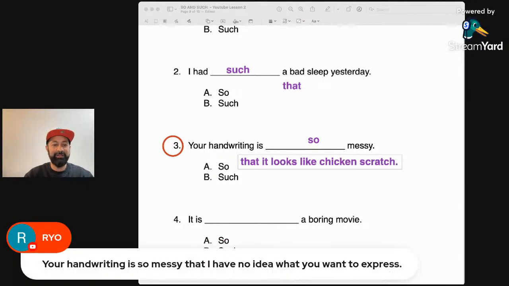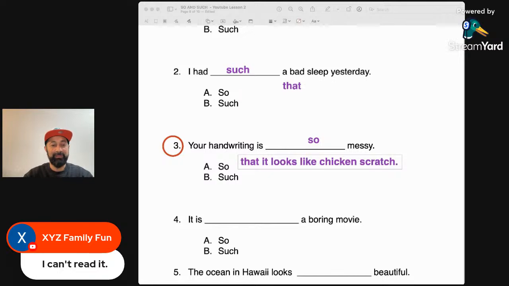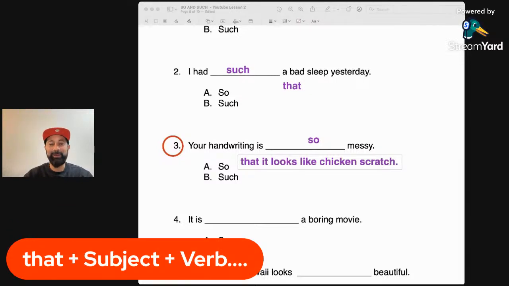Dio says, your handwriting is so messy that I have no idea what you want to express. Wow, very good. Perfect grammar. XYZ, your handwriting is so messy that I can't read it. Perfect. Now, if we go back to mine, it says, your handwriting is so messy that it looks like chicken